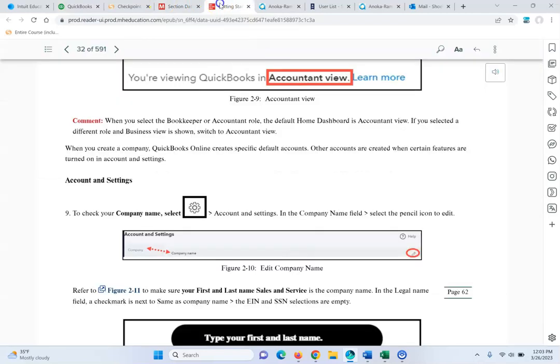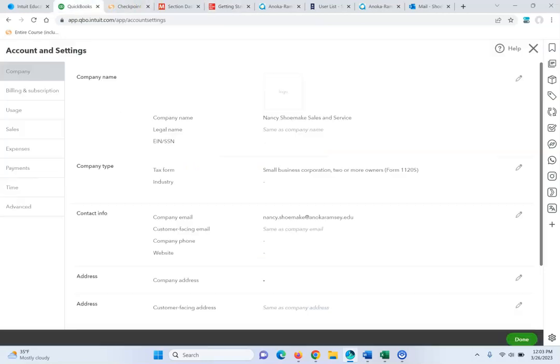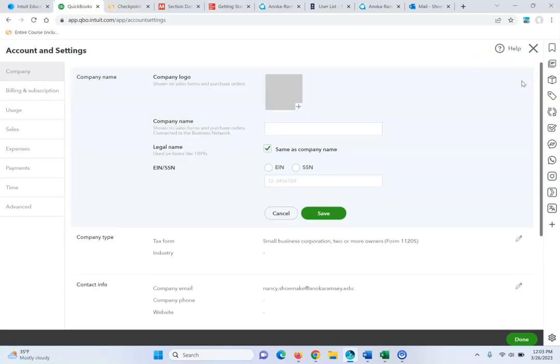In the company name field, click the pencil icon to edit. It says to us, refer to Figure 2-11 to make sure your first, last name, sales and service is the company name. So we can click on the icon, and we want to make sure